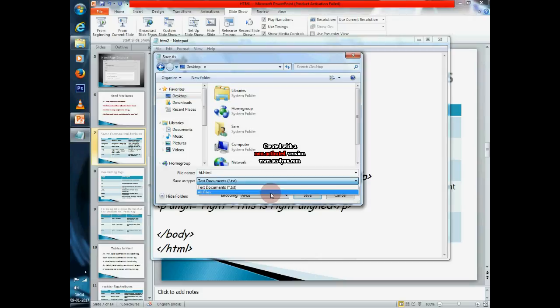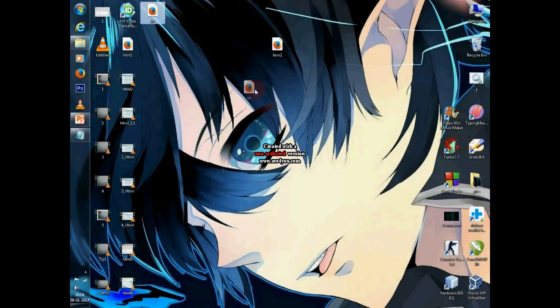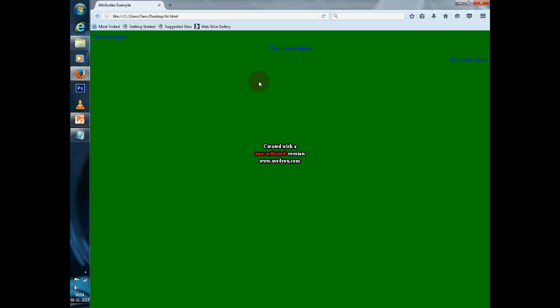Then select All Files, save. Now check. Here it is, ht. Now double click on it. Here is the output. The background color is changed, the font color is changed, and the alignment also: left, right, center.